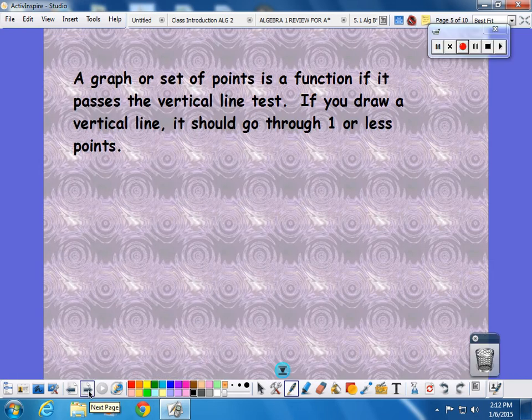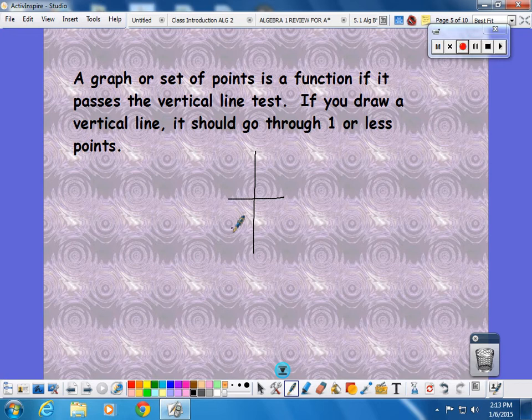All right, good job remembering. A graph or a set of points is a function if it passes the vertical line test. Do you guys remember that? Which way's vertical? Right, up and down. So if you draw a vertical line, it should go through one or fewer points on the graph. Okay, it might not hit a point at all, but if you have a line or you have a graph,